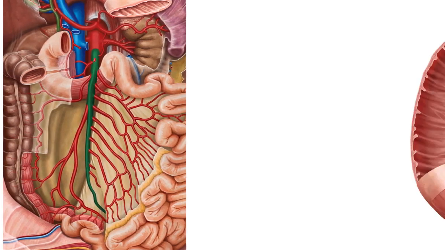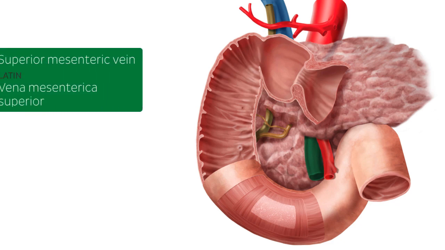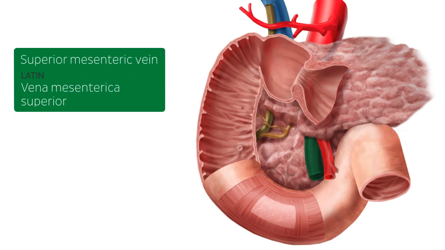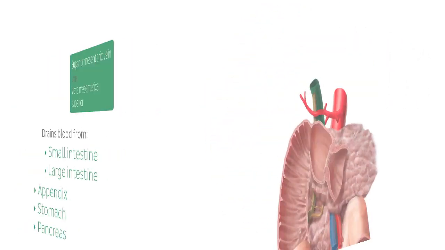Next, we're going to go back to this image to show you this structure that we already mentioned. This is then the superior mesenteric vein. It courses alongside the superior mesenteric artery, as I mentioned before. And this vein that drains blood from the small intestine, large intestine, appendix, stomach, and also the pancreas joins with the splenic vein to form then the hepatic portal vein, which happens to be the next structure that we see